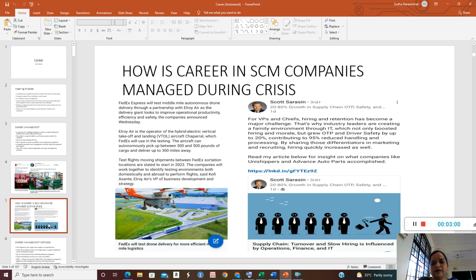See, during the time of covid, how were companies able to manage the crisis? People have been using drones in organizations, because during covid all were shut and people were inside only, so there was no human movement at all. That time drones were very helpful in dispatching the products to the required place. And in case of companies like in the US,